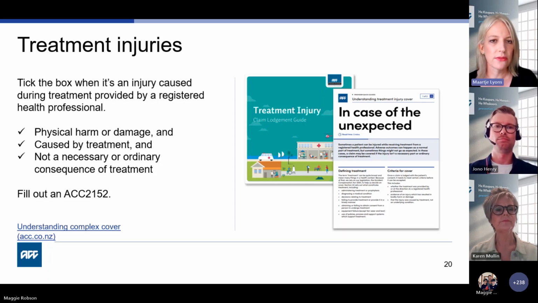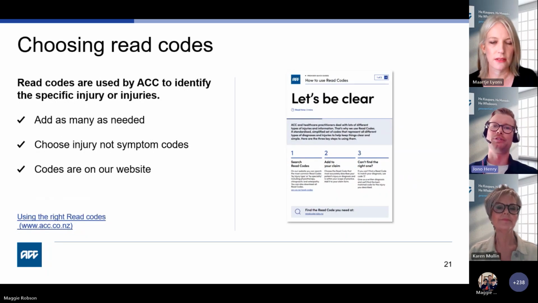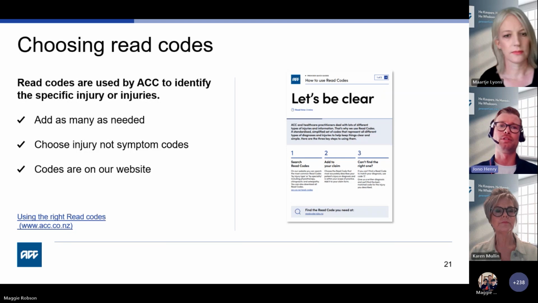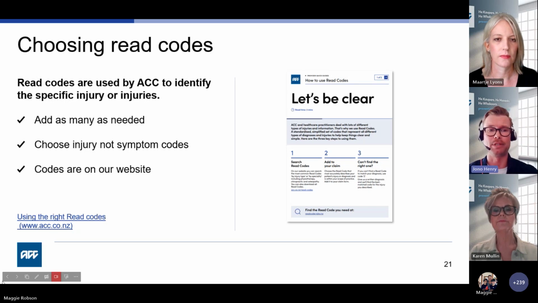Jono, I'll come back to you now for READ codes. Thanks, Marcia. Now, when choosing an injury diagnosis, we use READ codes. The use of ICD or SNOMED codes are okay, as these can be converted to READ codes when the claim is lodged. Sometimes the client or patient will have multiple injuries, and the lodgement form may only have a certain number of entries. Now, in this case, choose the most clinically relevant injuries, which may require assistance or supports. An example of this may be fractures over contusions, head injuries over simple abrasions or lacerations.